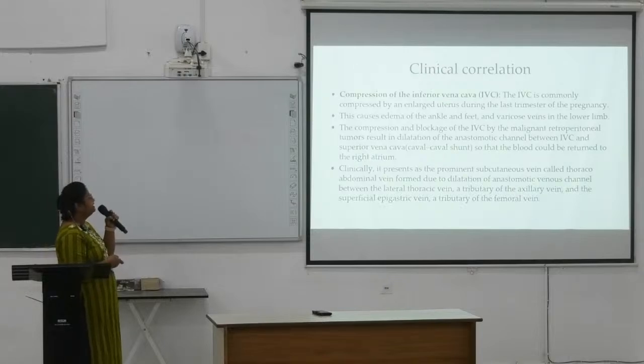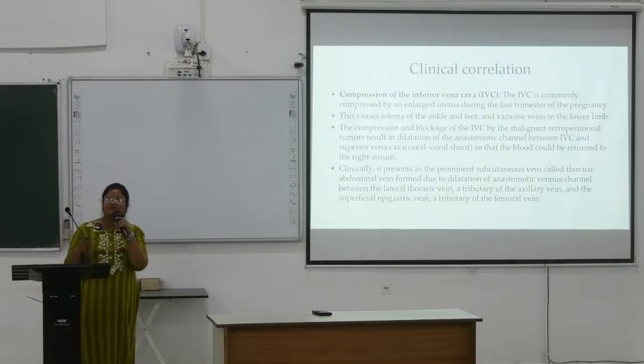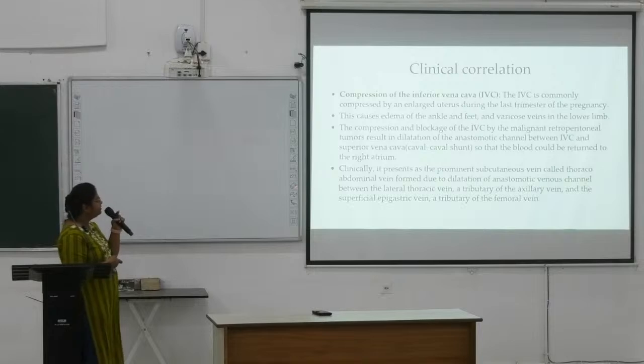channel between the lateral thoracic vein, a tributary of axillary vein, tributary of superior vena cava, and the superficial epigastric vein, which is a tributary of femoral vein, and femoral vein is the tributary of IVC. So in between tributary of SVC and tributary of IVC, there is formation of anastomotic channel. The SVC tributary is this lateral thoracic vein, okay, which is tributary of axillary vein. Axillary vein is tributary of SVC, okay, and here from below it is from the superficial epigastric vein and tributary